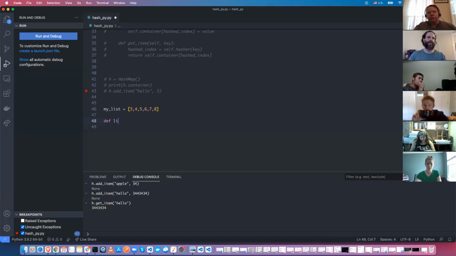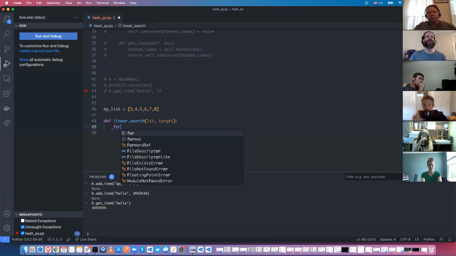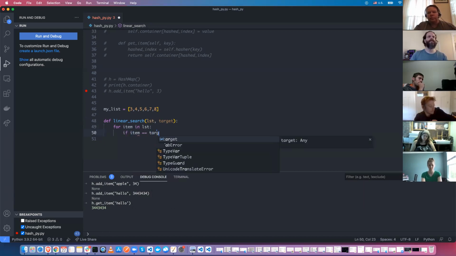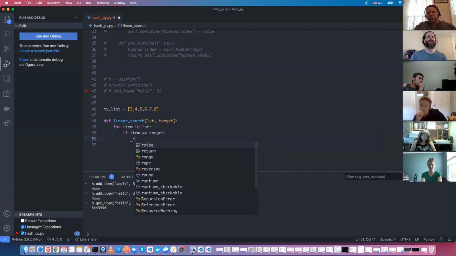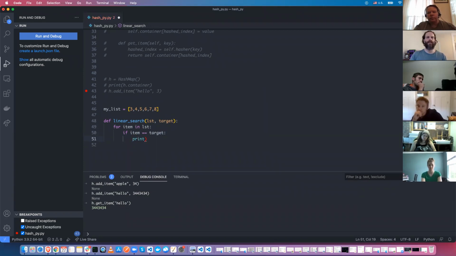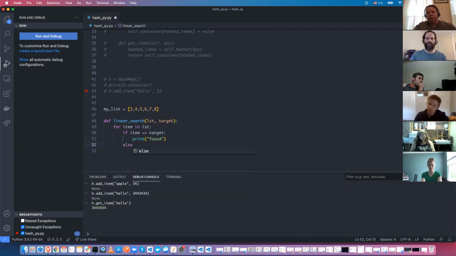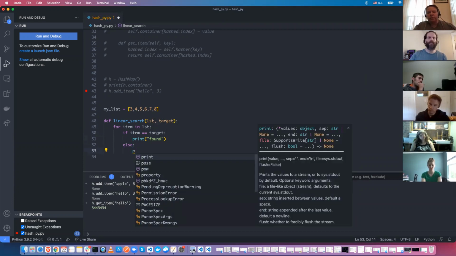So we give it a list to look through and a target that we want to find. So we can do something like for